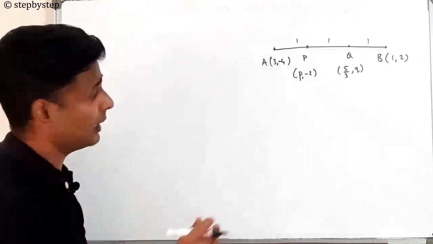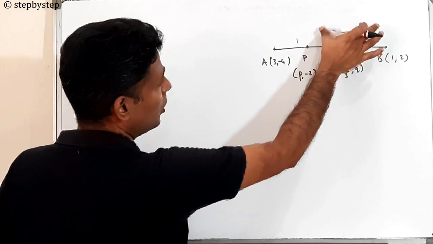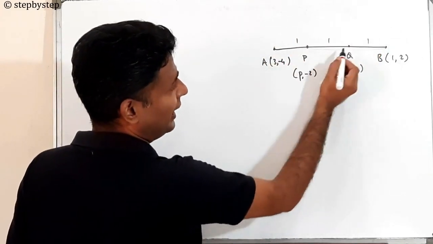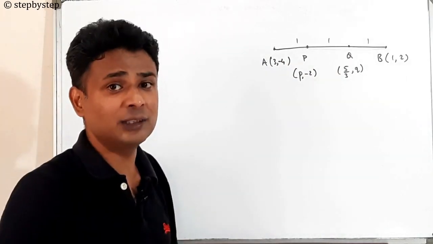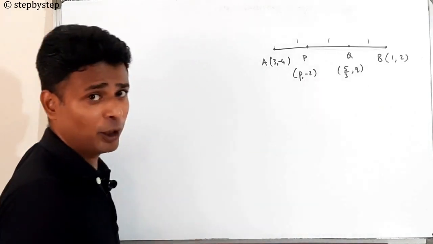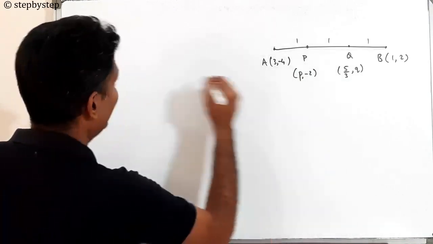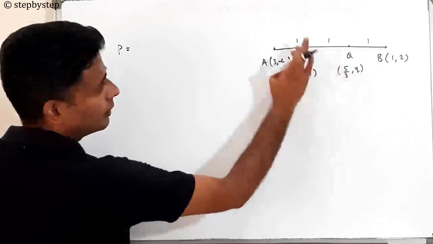Now how do we find the values of P and Q? See, there are 2 ways again. If you are taking only this point and ignoring the other, this will be in the ratio 1:2, right? But P is what? Midpoint of AQ. So I'll take these 2 points and directly find using the midpoint formula. So P's x coordinate: what is the midpoint formula for the x coordinate? x1 plus x2 by 2. So directly I can find P, since this is the midpoint of AQ, this is 1:1.